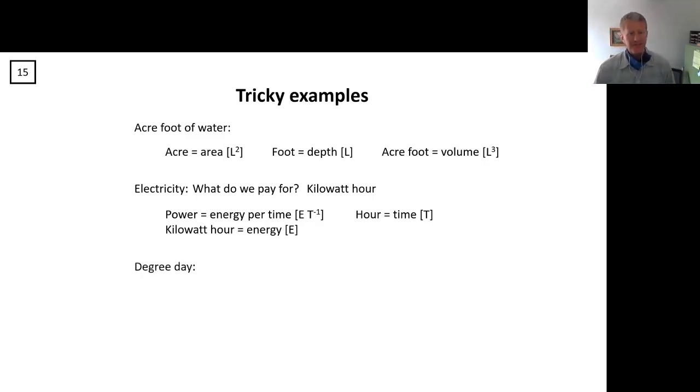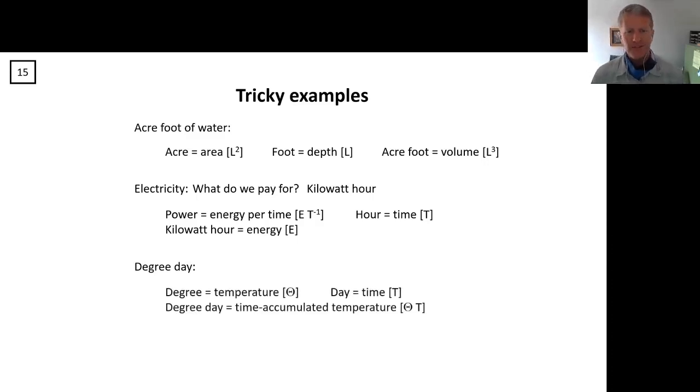Degree day is another one that I find kind of weird, so I thought let's play with this one a little bit. A degree day is telling you something about how a plant might develop over time as seeds germinate and as it starts to grow, that sort of thing. That's a variable we use a lot to start to predict when we're going to see plants emerge. Well, what does degree day mean? That's a weird unit. Well, we talked about degree being a temperature with dimensions of theta. We talked about days being a time. So degree day is degree times days, and it's a time integration of temperature,